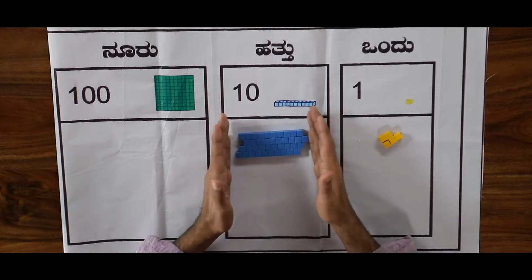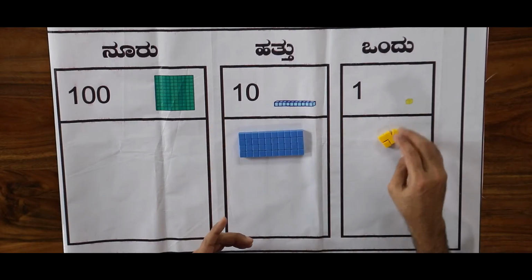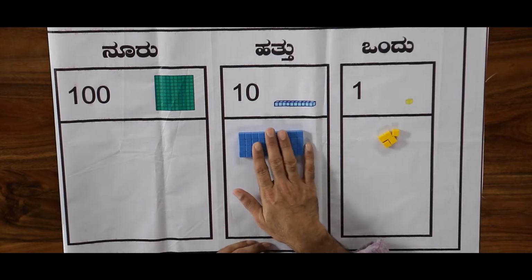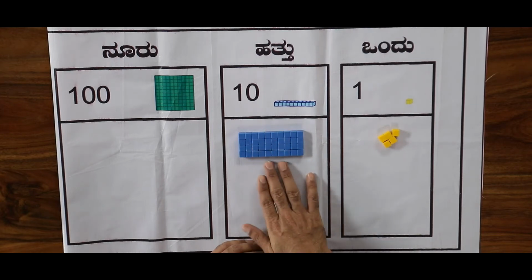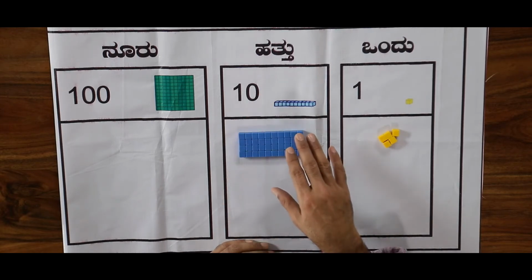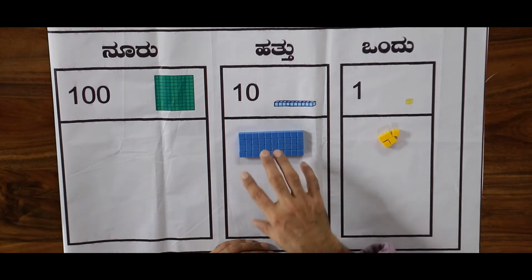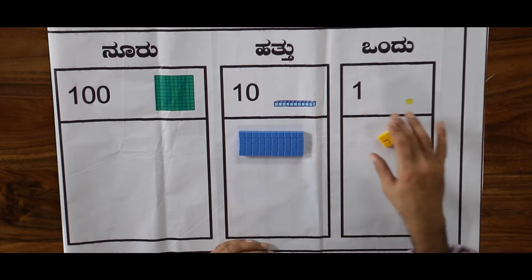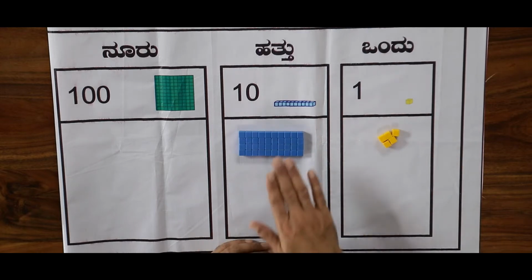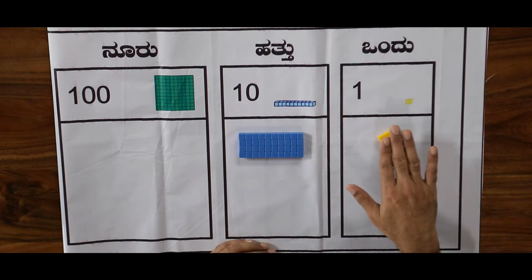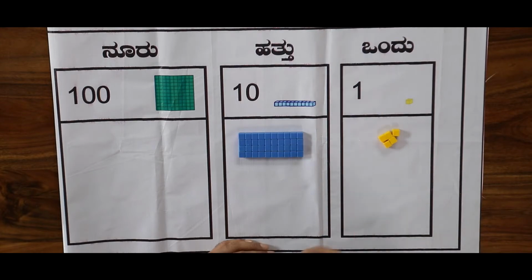To this 45, what shall we add? See, in each place, what have we learnt? We have learnt that there are 9 rooms in each house. In each house, 9 rooms are there. We are placing this in the 9 rooms. So, in this, I have placed 4 tens and 5 ones.